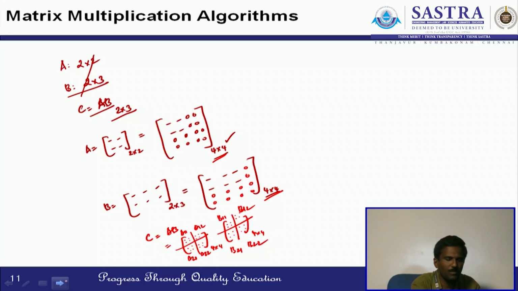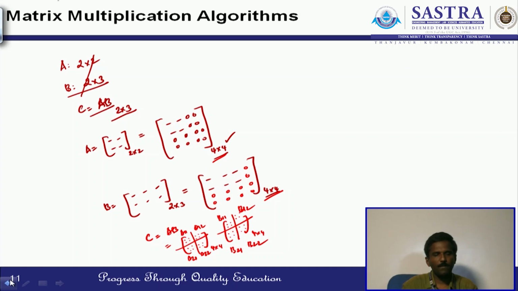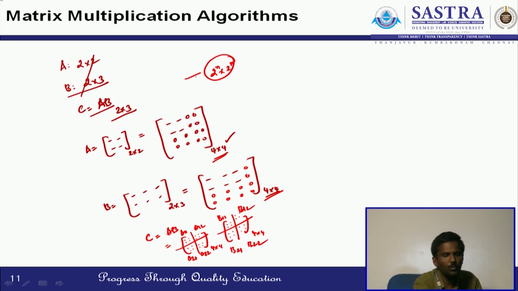This is the logic of divide and conquer based matrix multiplication, when the matrix multiplication is possible and when the order is not in the form of 2 power n into 2 power n for both matrices A and B. So convert the matrix into the next nearest power of 2 as 2 power n into 2 power n by introducing enough number of